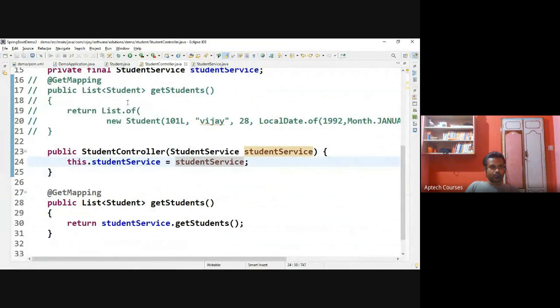Now, I'm trying to execute this application. Let us see what happens.